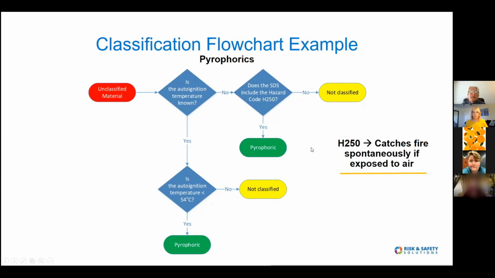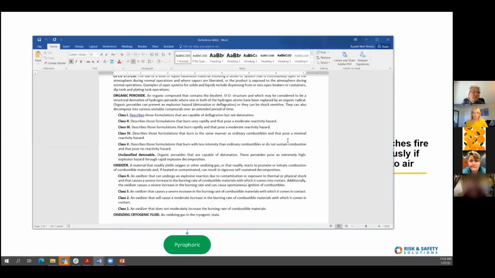So this is the really simple example. That's why I brought it up, with clear numbers. The fire code tells you exactly what the temperature is, the auto ignition temperature you want. If you look at something with a little less clarity,